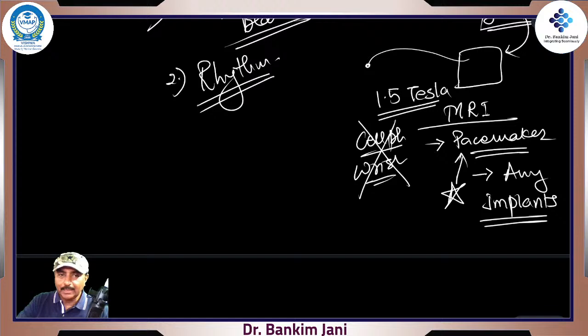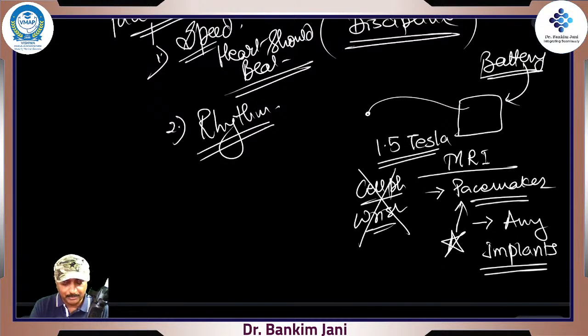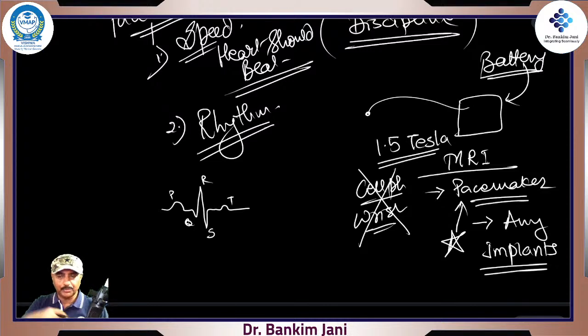So on to the pacemaker. Regarding this rhythm, when we learn the ECG, we'll see how beautifully it goes: P, Q, R, S, T. How beautifully those waves go. This is the SA rhythm, the sinoatrial node rhythm. When this goes, it means that the SA node is in charge. The sinoatrial node is in charge.